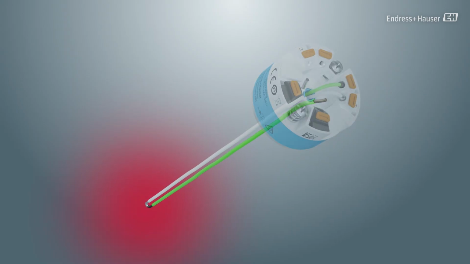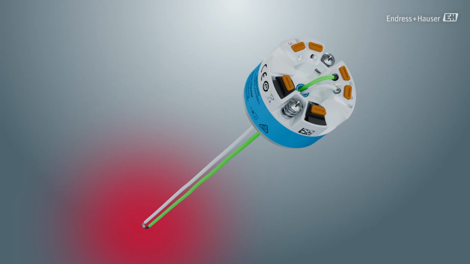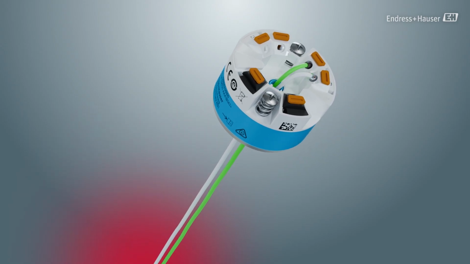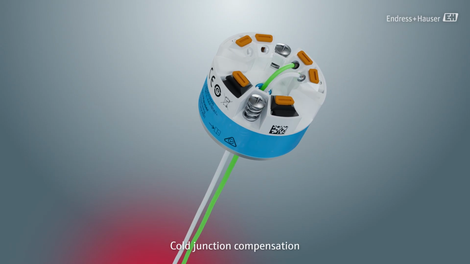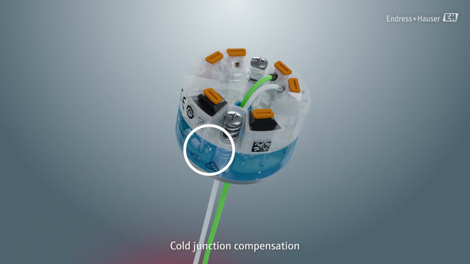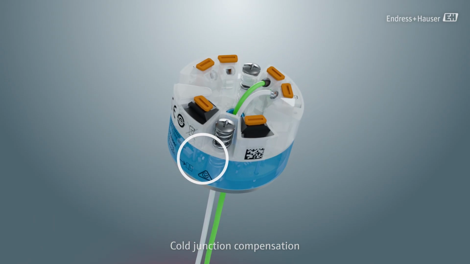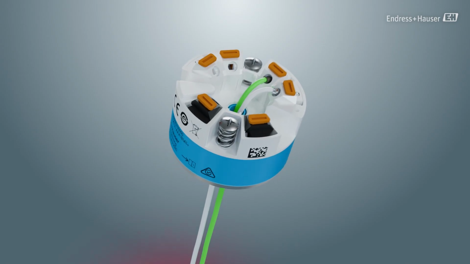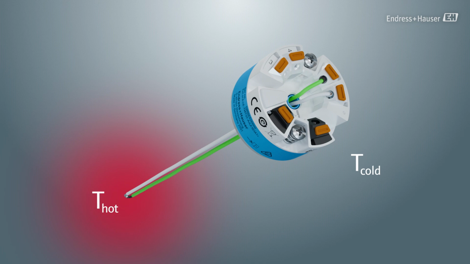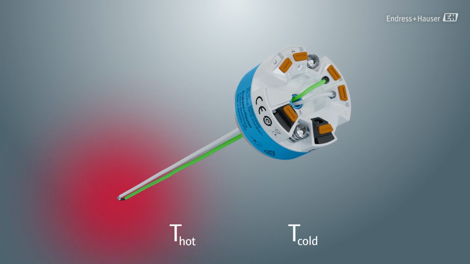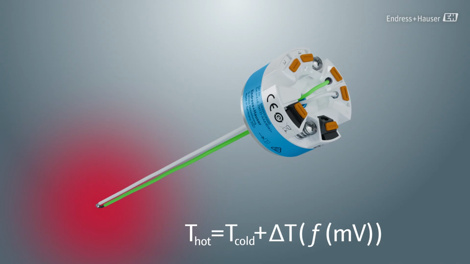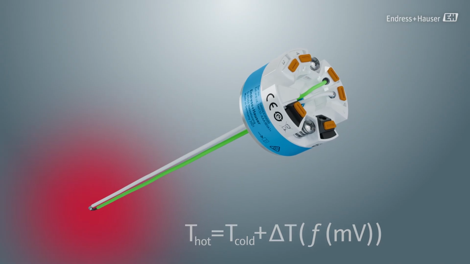The easiest way to solve this is to place a temperature transmitter as the cold junction. Transmitters for thermocouple measurement include cold junction compensation. They measure the temperature inside the transmitter right at the terminals and use this value as the reference point. By combining the measured voltage from the thermocouple with the known temperature at the cold junction, the transmitter can accurately calculate the actual temperature at the hot junction and convert it into a standardized signal.